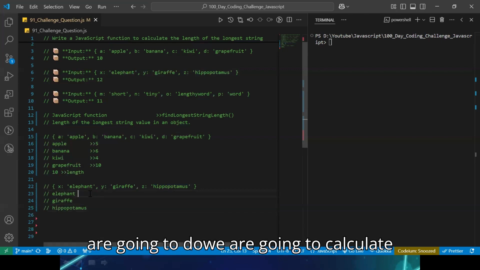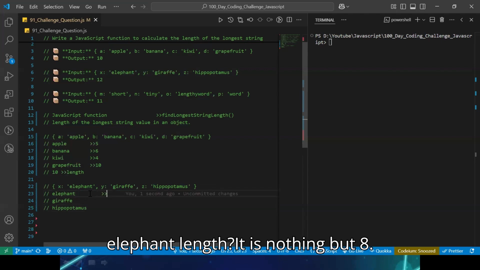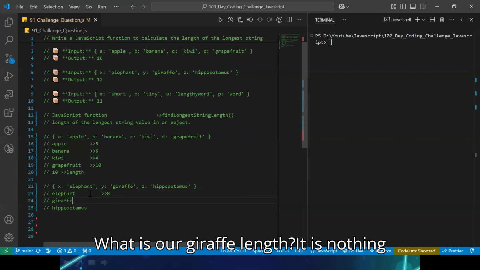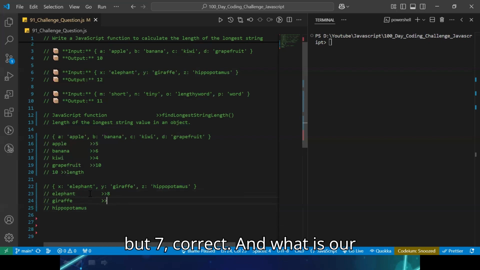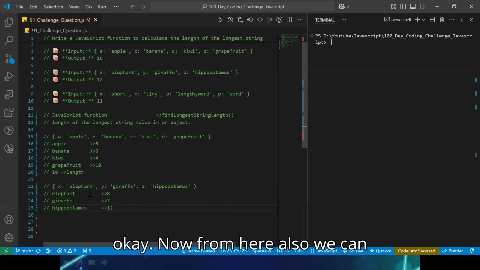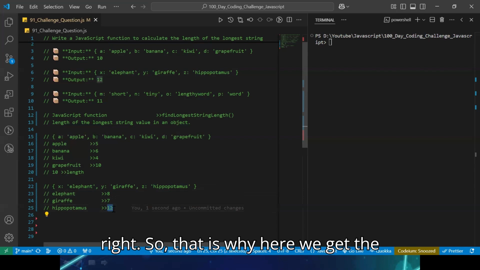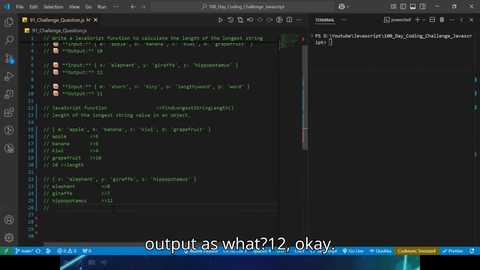Now we are going to calculate the length. What is the elephant length? It is nothing but 8. What is our giraffe length? It is nothing but 7. And what is our hippopotamus length? It is nothing but 12. Now from here also we can easily see that 12 is the greatest one, so that is why here we get the output as